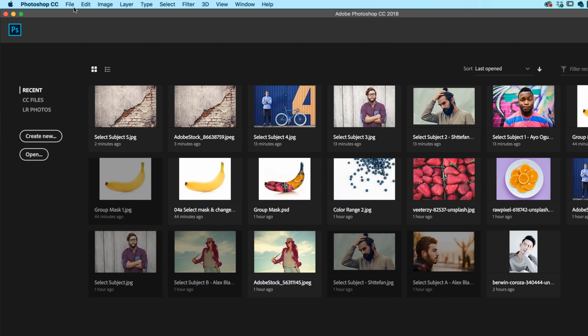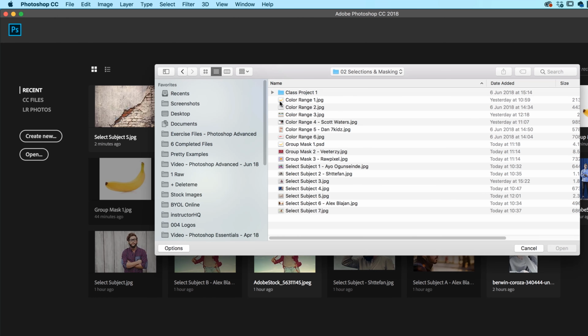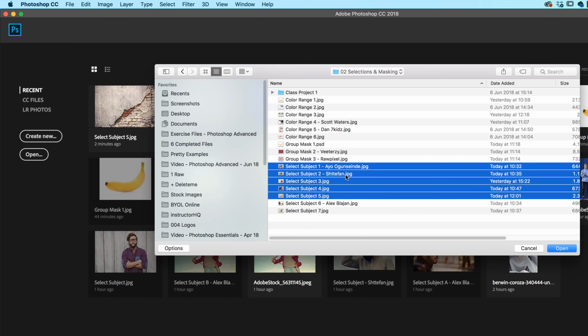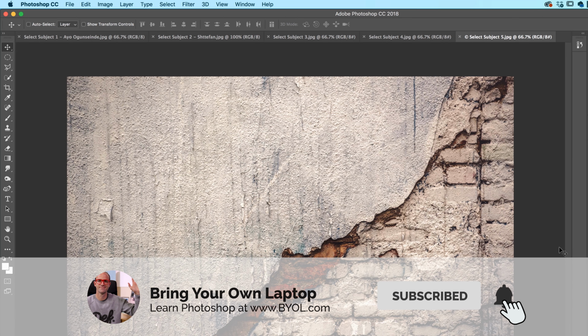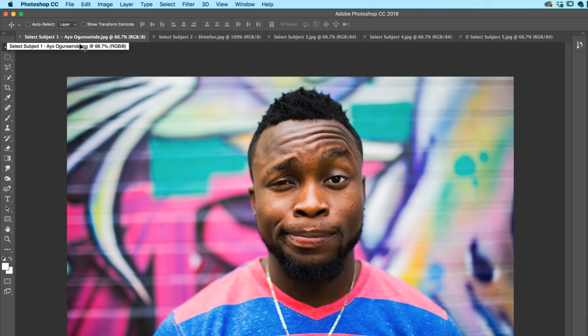All right, to get started, let's go to File, let's go to Open. And in your exercise files, there is a folder called 02 Selections and Masking. Let's open up 5 files. I want select subject 1, 2, 3, 4, and 5. Open all 5 of those. Basically what I've tried to do is this first one here, subject 1, is pretty easy to do, and they